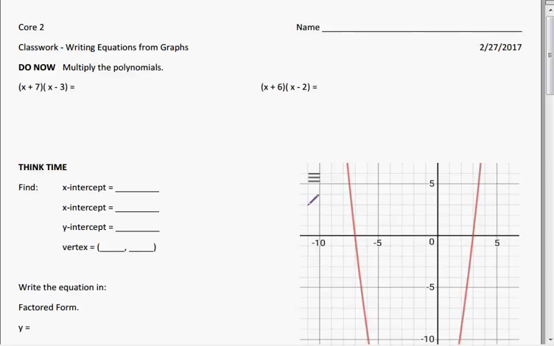This is the Core 2 video showing how to write equations from graphs. Take a graph and write an equation. This is our classwork for February 27th. So you can take out that paper and work on that paper. First of all,